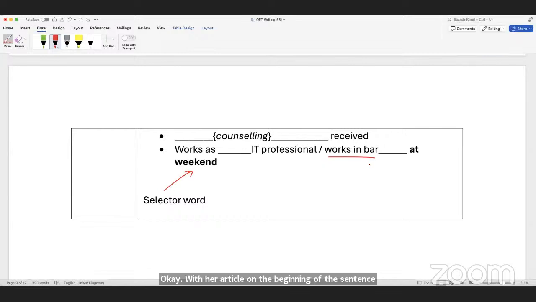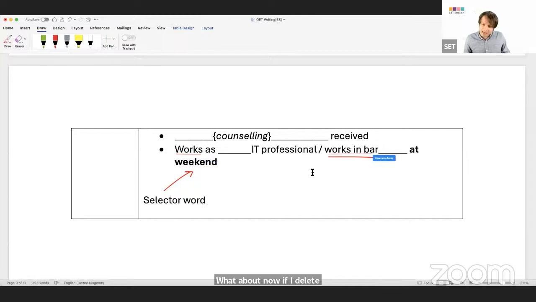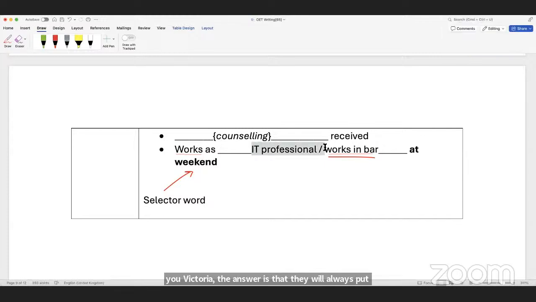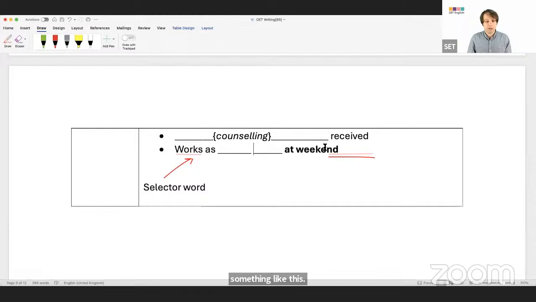And then bartender, if it's like work as a bartender, so it is also maybe okay. Well, actually, you need to be careful. I think the rule is you write down what they say only, okay? But here's something they will often do. Sometimes it might be like this, okay? So the answer is works in a bar, whatever. That doesn't make sense, does it? I didn't do it very well, okay?